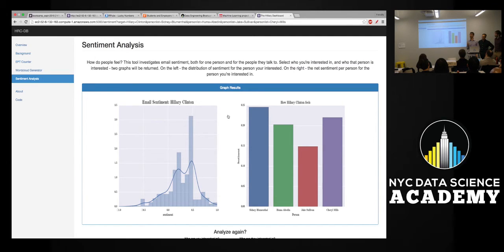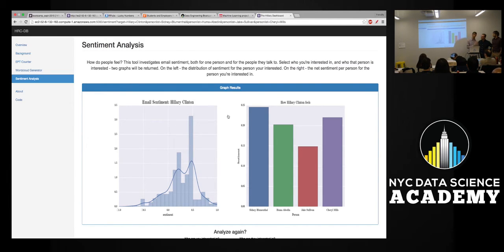Now, TextBlob is great because it has a built-in dictionary of sentiment. It's sort of a generic run-of-the-mill sentiment thing. The thing that would enhance this and that we're looking to do is try to build a dictionary based off of the actual corpus of these emails. So there's sentiment that's specific to these emails, right? If you build a dictionary of sentiment and then label the sentiment based off of that, you will start getting better and better results. But TextBlob is sort of generic sentiment analysis at first, and it shows Hillary, on a scale of 1 to -1, where 1 is a positive sentiment, -1 is a negative sentiment, Hillary generally tends to be positive.